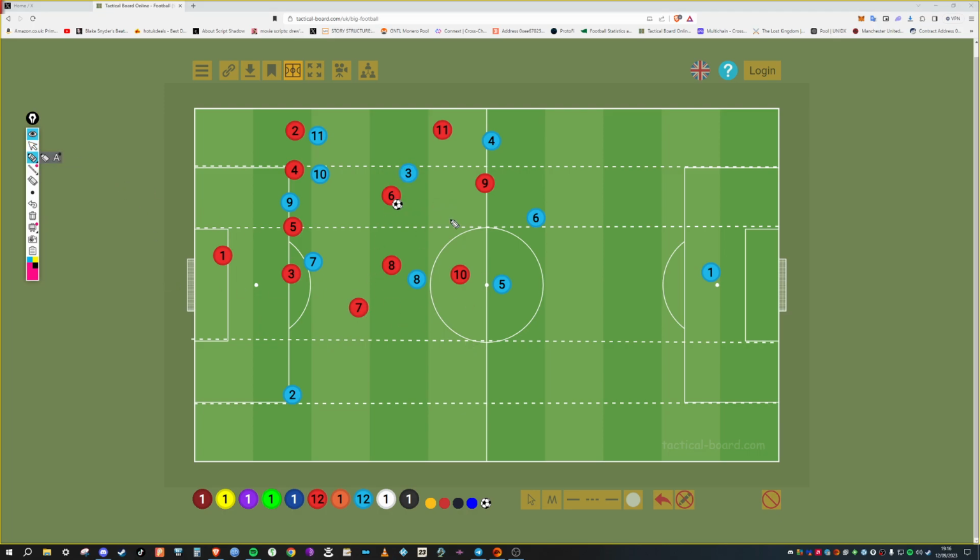And if the ball is won on this side of the pitch, we're going to be looking for the 7 to score. And if the ball is won on this side of the pitch, we're going to be looking for the 11 to score. And this is how it works. So the first thing is this here,